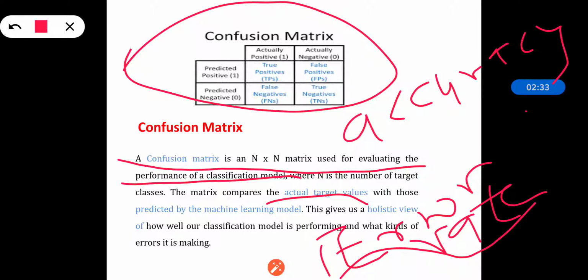So whenever we are using the confusion matrix for evaluation purposes, the evaluation is done by using the performance metrics, that is accuracy and error rate. So the confusion matrix is nothing but a matrix which is used for finding how many predictions are correct and how many predictions are incorrect, and for that we are dividing the total correct predictions by the total number of predictions for accuracy, and we are dividing the wrong predictions by the total number of predictions for error rate. So this is all about the confusion matrix.